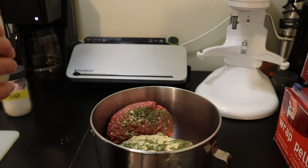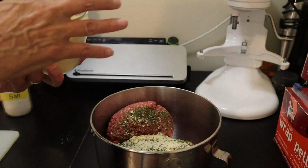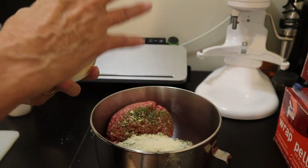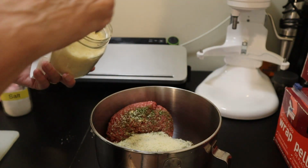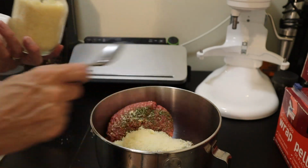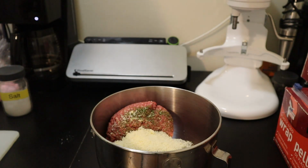Now, the other thing that I do add is Parmesan cheese, and this is actually freshly grated Parmesan cheese. The only way I buy it is in a brick, and you can put this in to taste. A couple of tablespoons are probably fine. Once again, you do add this to your pasta sauce after the fact. And finally,